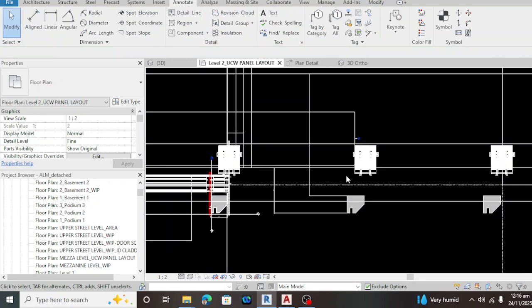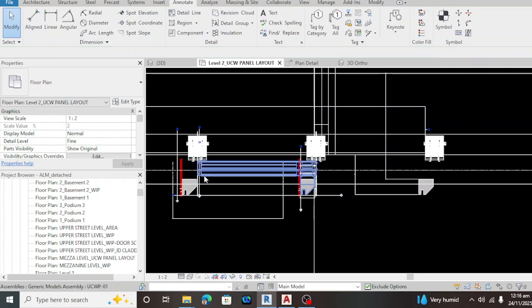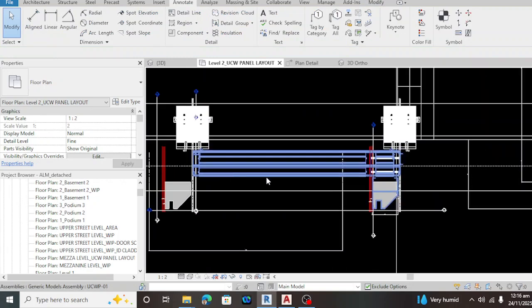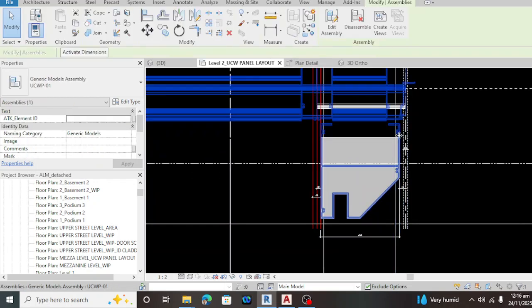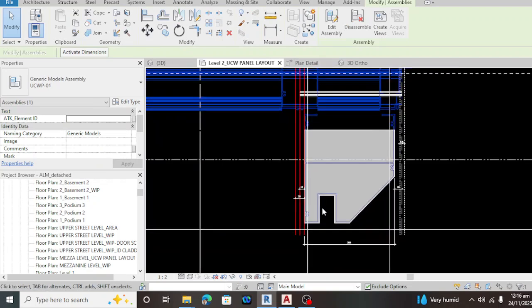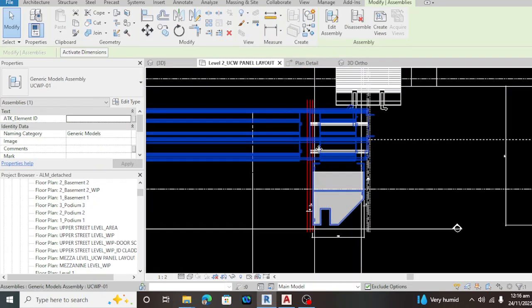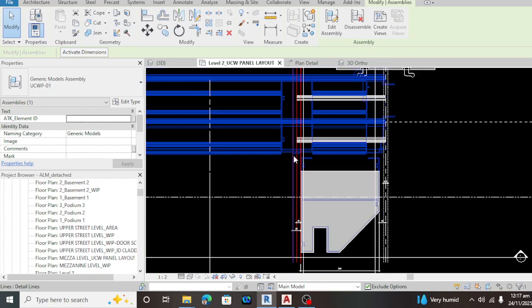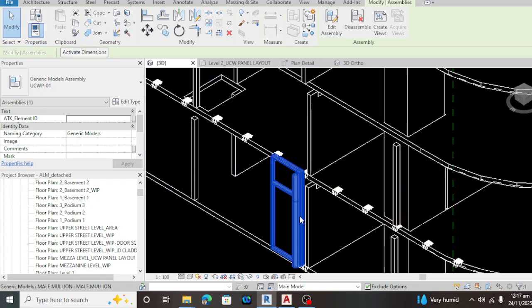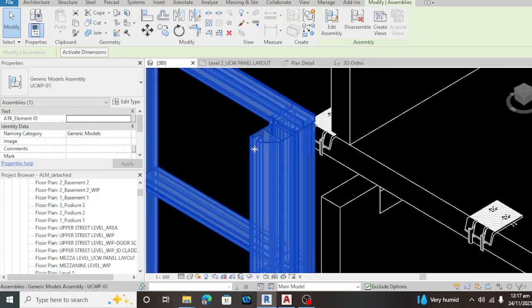Now, guys, I've done the layout of the panel. This is the layout of the panel, unitized panel. This is the bullnose. When we go to the 3D, you will see, guys, there's the bullnose.